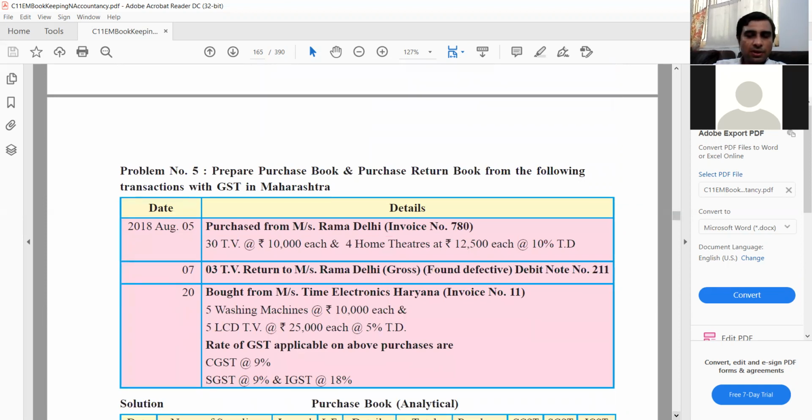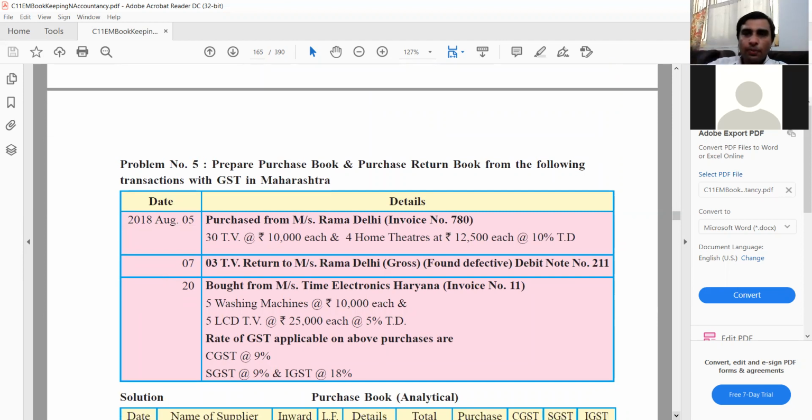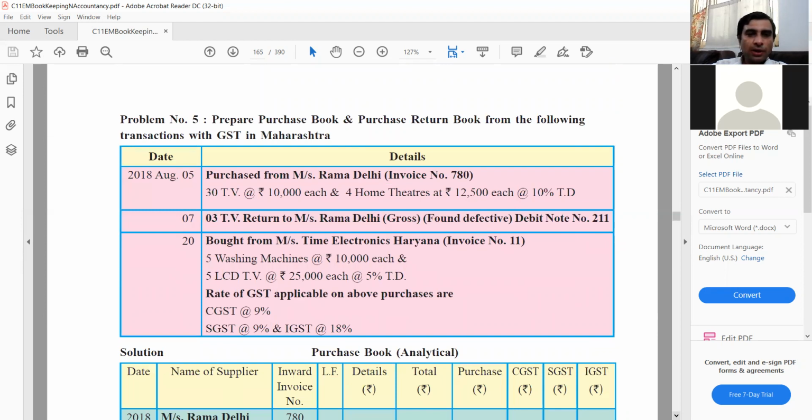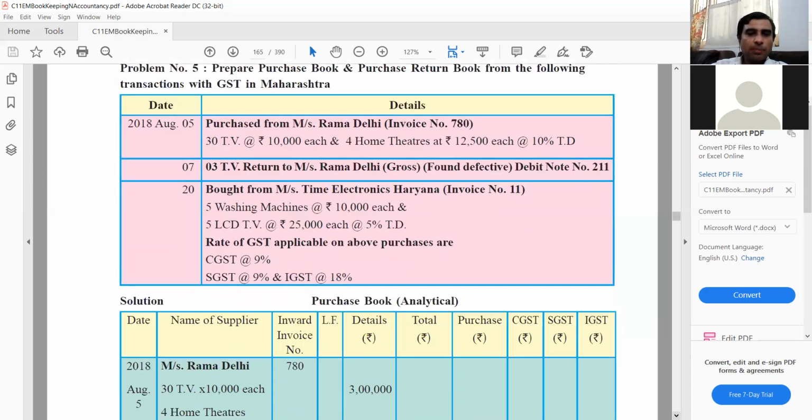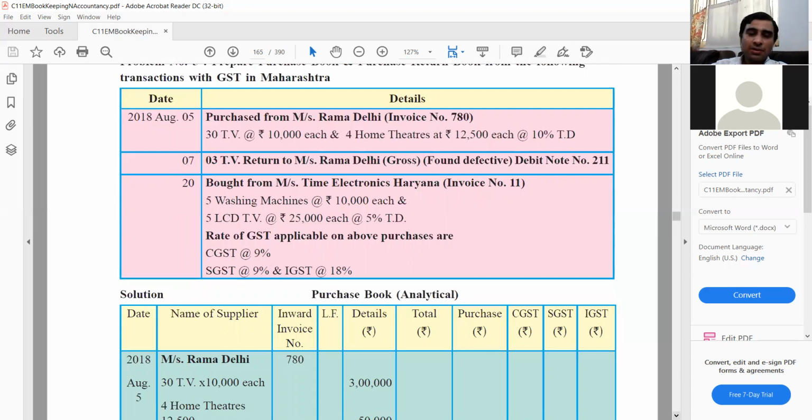Okay, now here, as I said, GST is important. So this solved example has got GST in it as well. The accounting entry doesn't change much because of GST. The columns have got added. If you look at the format of this book, the math will become a little more complicated. And if they give you trade discount and GST in the same example, it becomes that much more mathematically complicated. But accounts wise, it is really the same.